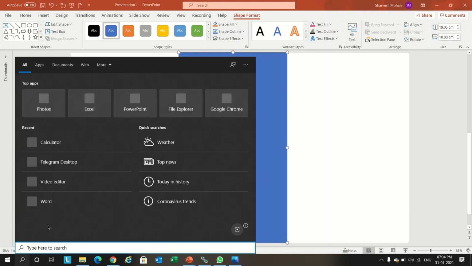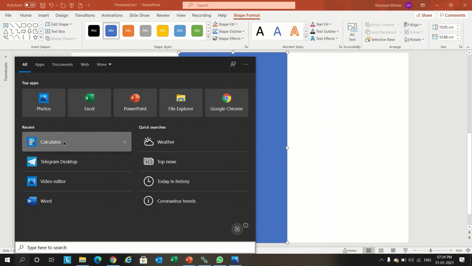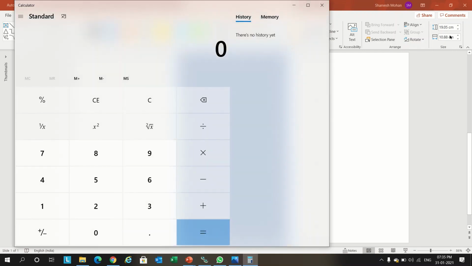For that we'll use the calculator. Here you can see 19.05 is the height of the template. 19.05 divided by 4 shapes, equal to 4.76. Let's give 4.7 shapes height for the squares.